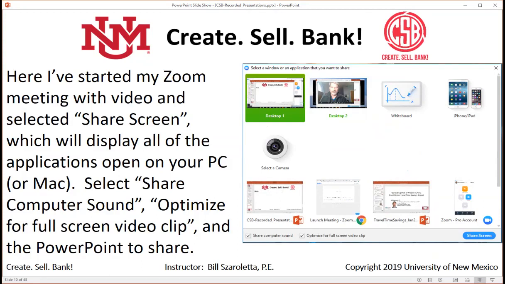Those two check boxes down in the lower left corner of the share screen, make sure you click both of them. You want to share computer sound, because if you have a video playing inside your PowerPoint and you don't have that on, anything that's generated by the computer won't be recorded. It'll still record your voice, but it won't record anything that comes in through